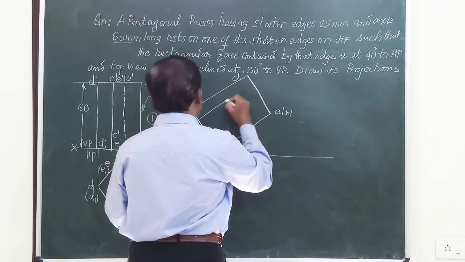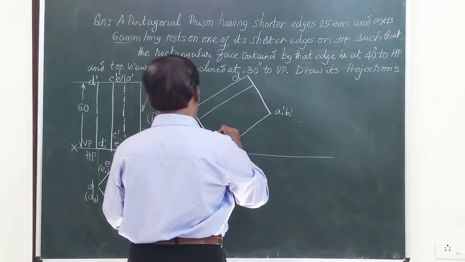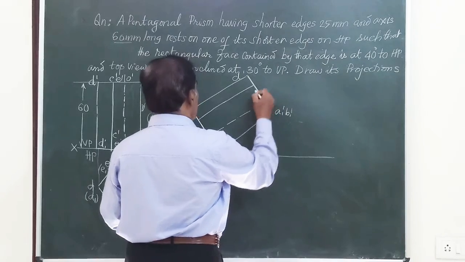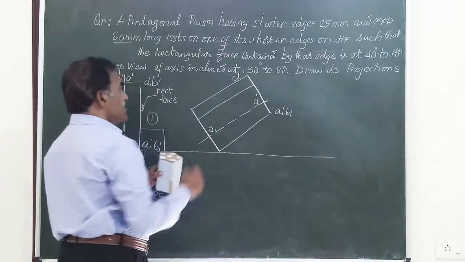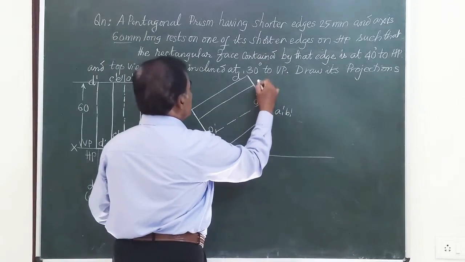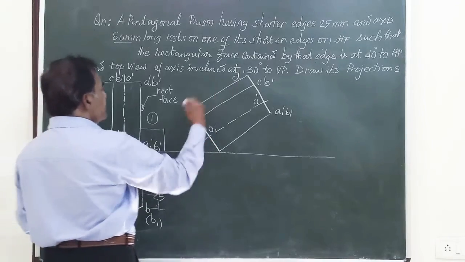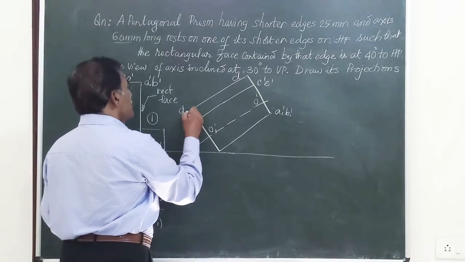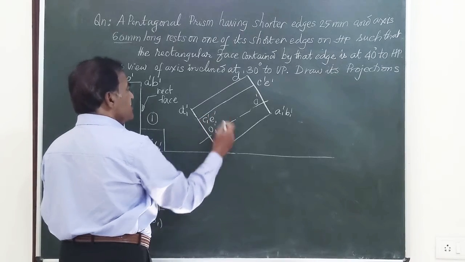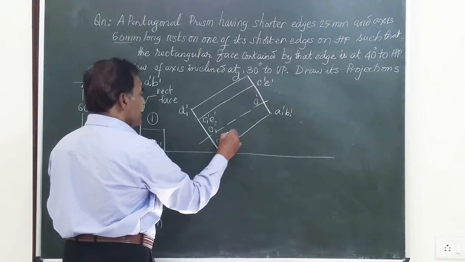Transfer these distances straight. And to that, then you have this axis. This is O dash and O1 dash. This is D dash, C dash, E dash, A dash, B dash. Similarly for the bottom face, we have D1 dash, C1 dash, E1 dash. The bottom edge is A1 dash, B1 dash.